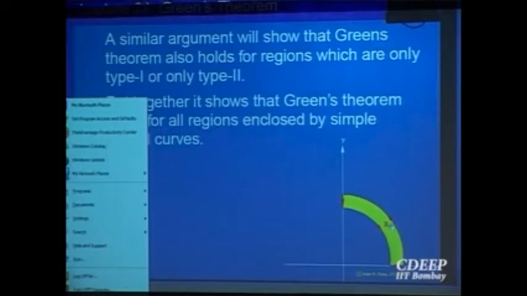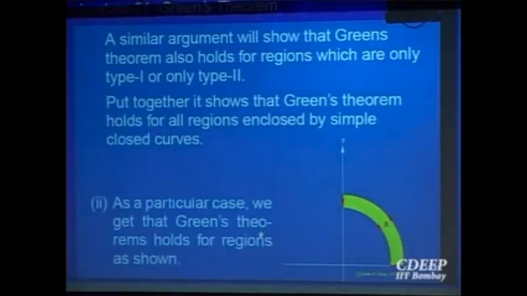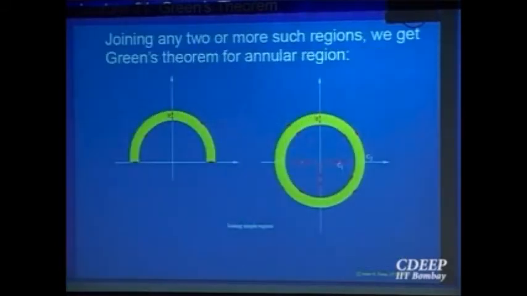Now if for this it is true, you can join it with a similar thing on the other side. For a half of that tube kind of thing, it will be true. But you can have another half of a tube like this, and that will be true for an annulus region also. So by this kind of process, you can extend it to, say, half disc, annulus regions, and so on. So most of the regions which geometrically are nice, Green's theorem holds for that. So you can extend Green's theorem for annulus regions also.